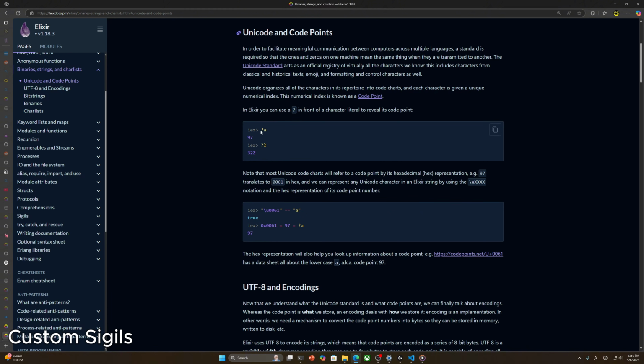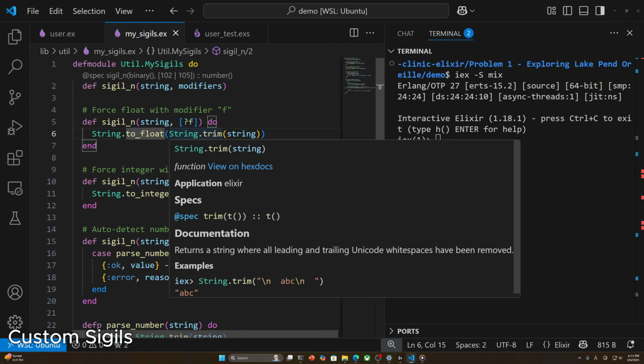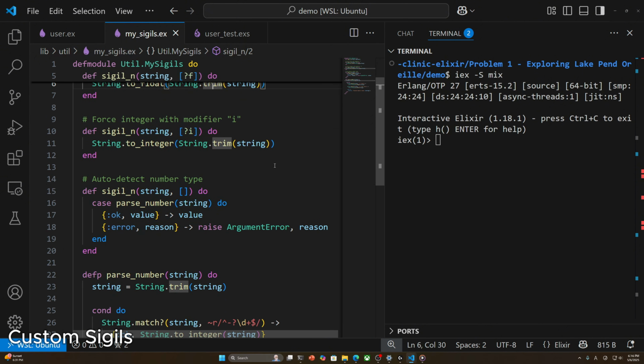So this represents the code point in the Unicode table, like the numerical index, right? Like that. And then the implementation is just basically, in this example, convert the string to float, but trim that first, right? So basically something like that. So also the same with integer,